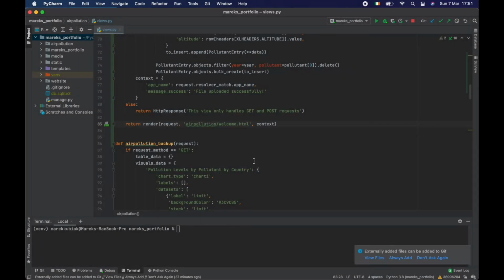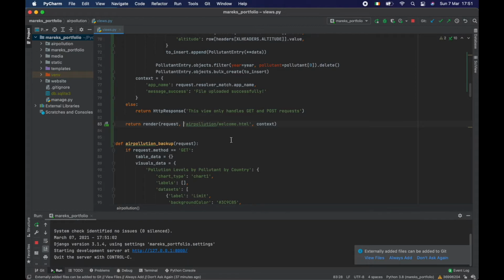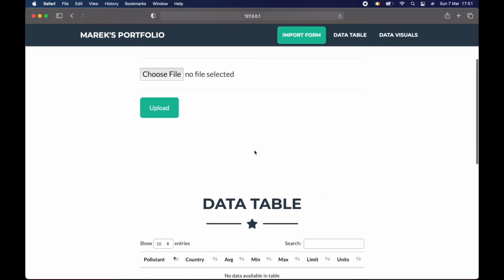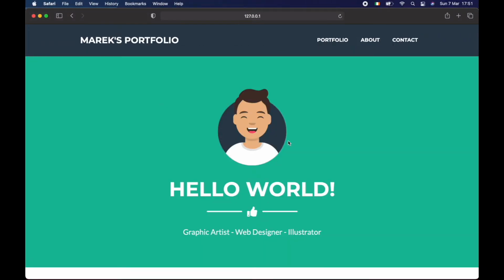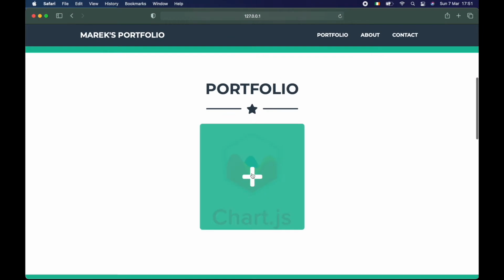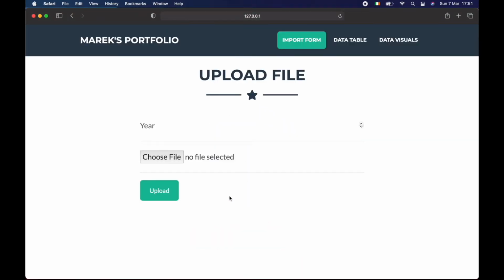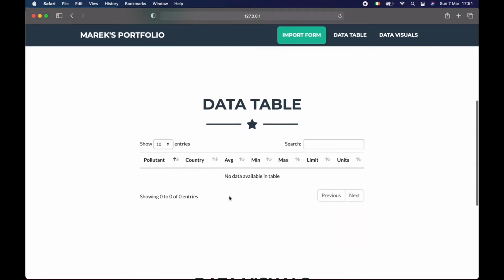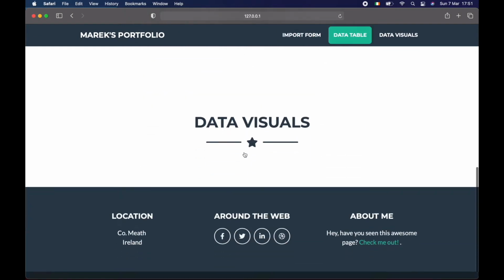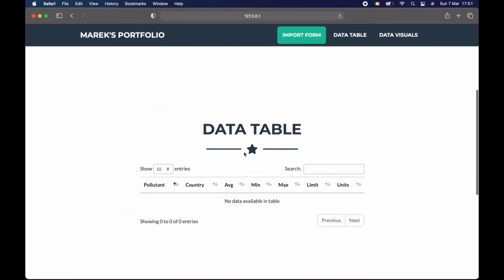I can just stop and rerun because I just want to see that it's being refreshed. Okay, let's refresh. And now it was very quick. If I go back and go down to my apps, go to my first app, air pollution app, it loaded very quick, but obviously we don't have any of the data because I took it out. And what I want to do is I want HTML using JavaScript to tell the backend, to tell Django,